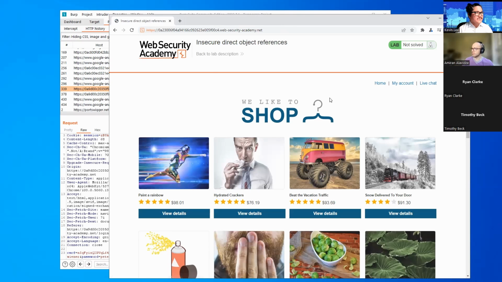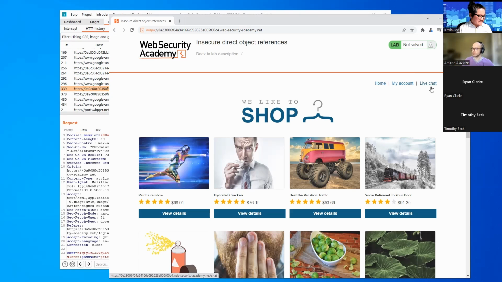We see our usual links over here, but we also see something new. It says home and my account. It also says live chat over here.